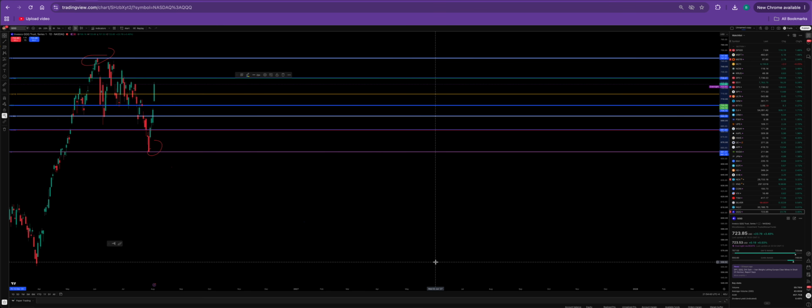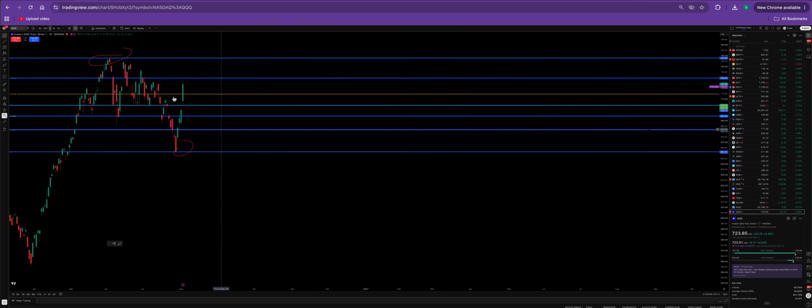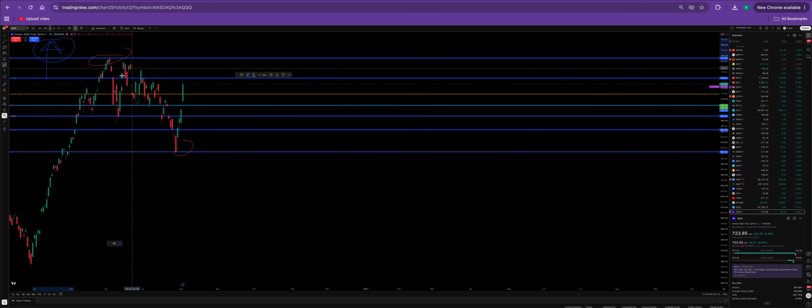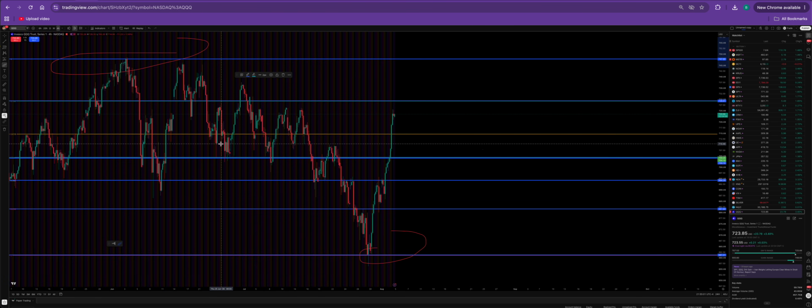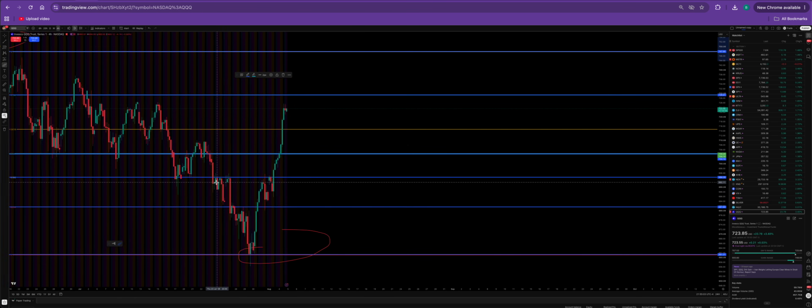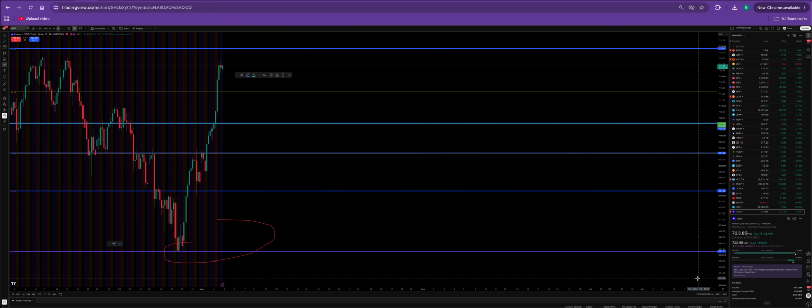Where I try to be unique with how I view my fibs is, it's not enough to do that there. From a larger time frame perspective, time frame's everything. We're on the daily time frame right here, and here's how I mark my fibs. If it worked for everybody, everybody would be rich off of fibs, so don't just use fibs, use them as a confluence. The 4 hour, looking at structure here, what do we see? And notice I have my 24